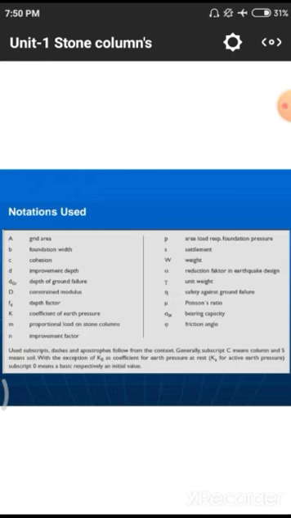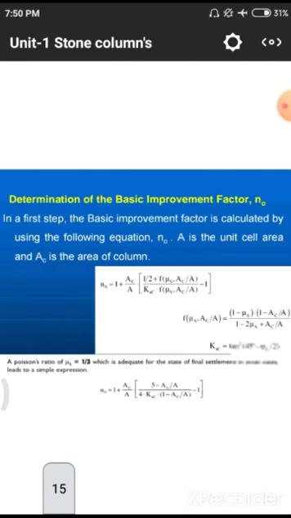And eta is the safety factor, mu is the Poisson ratio, 1.2, and sigma BC is the bearing capacity of the soil, and phi is the friction angle. All those are the notations we are using in the particular calculations. These are the formulas. Normally in this ground improvement techniques, we don't have to do all this. We only need to study, because it is an elective subject. We don't have these designs and others. So we need to have some knowledge on what are the different methods we are using, and what are the formulas associated with these particular methods, all those things.